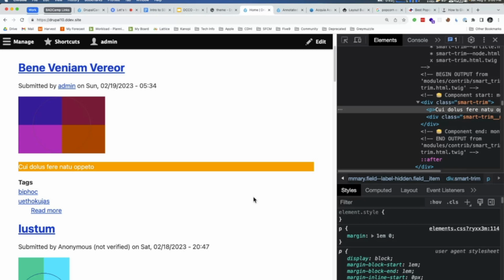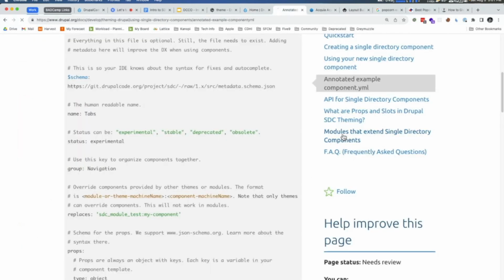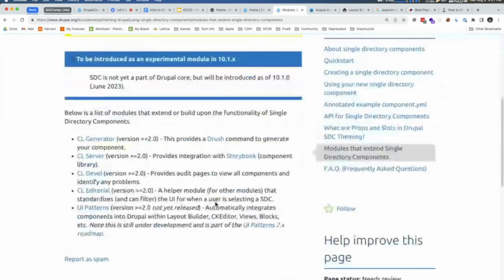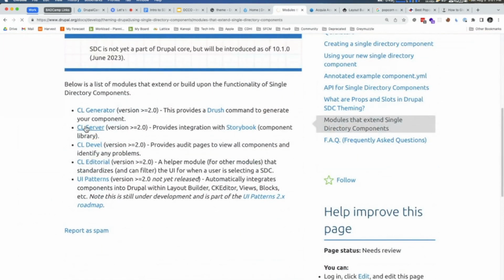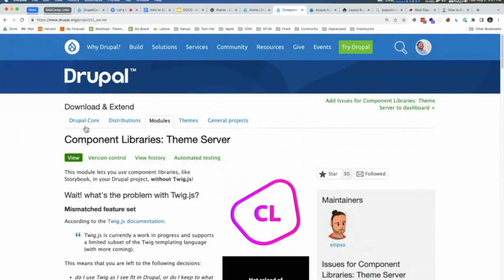So you mentioned that you thought about doing a Storybook demo, but it didn't work out. Can you give me a brief description of how you went about it? So there are two ways. One, there is the Storybook module or the CL server, which has really good instructions on how to get Storybook running. It's using a specific twig library that Lullabot created, which works really well. On the other side, Emulsify does kind of the same thing with a custom twig library that Four Kitchens wrote.